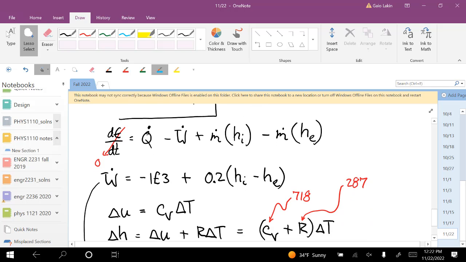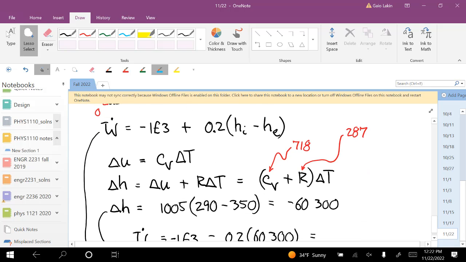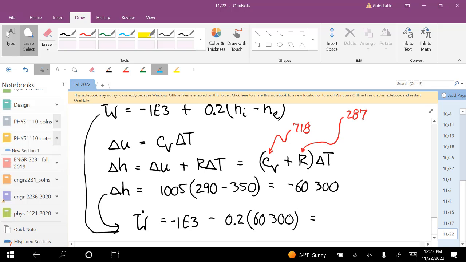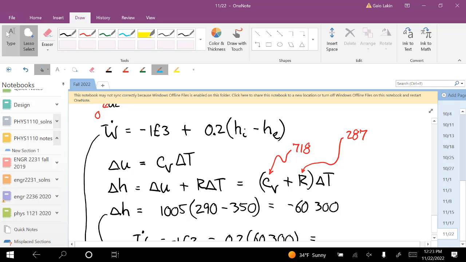Is the initial 290? The initial is 290, yeah. Isn't it like the final minus the initial? Well, time doesn't really matter. You're just calculating a difference in specific enthalpies. So it really could be either one. Since we're calculating the input, okay. Yeah, so